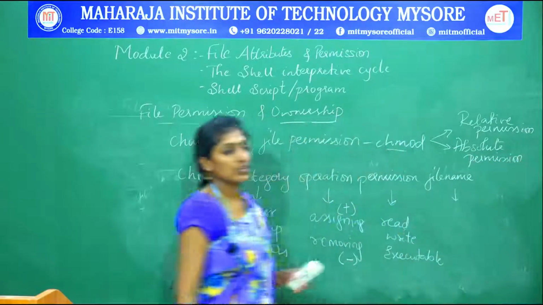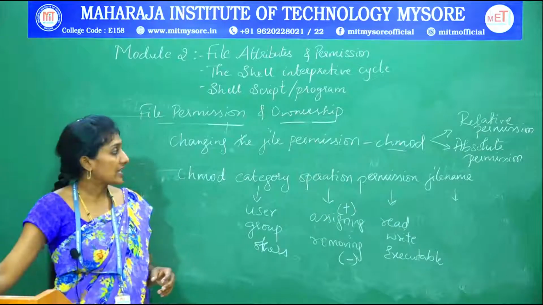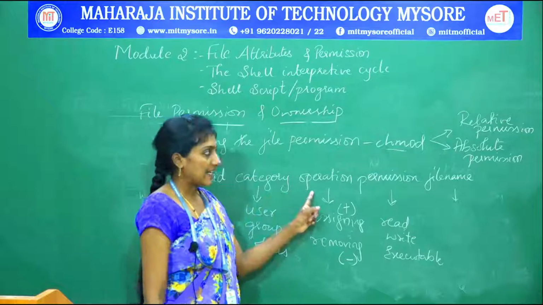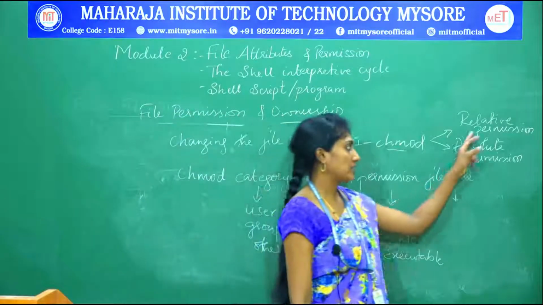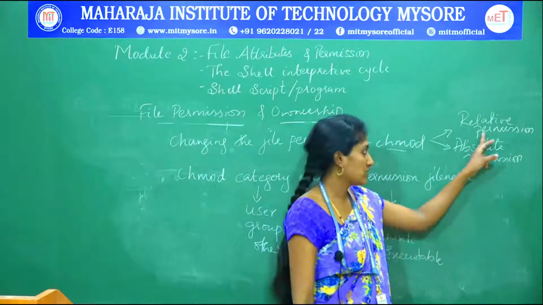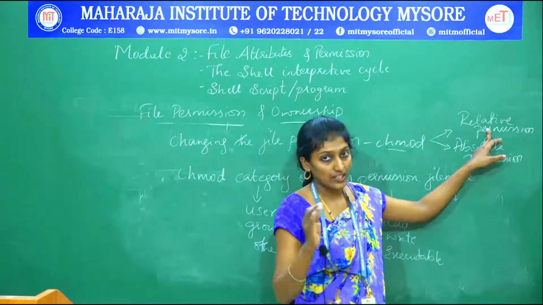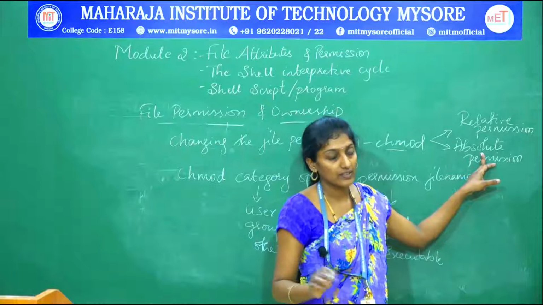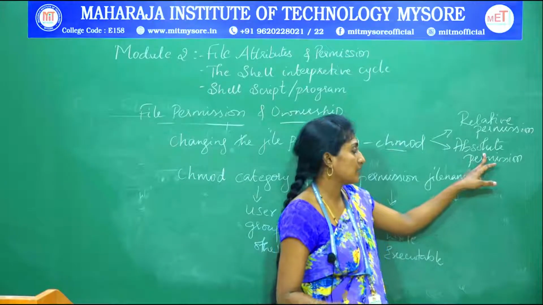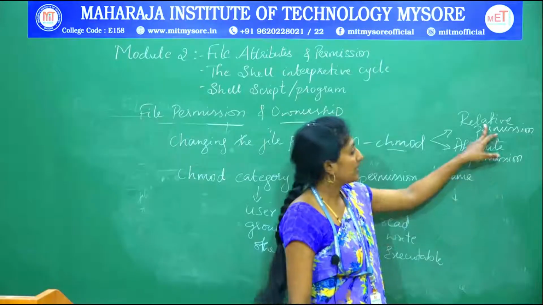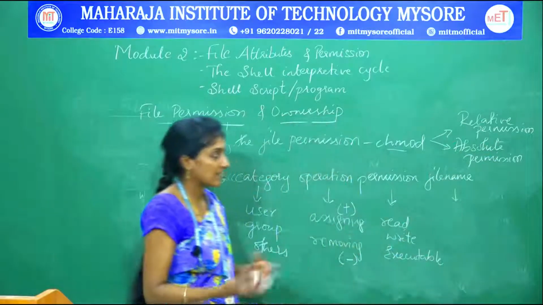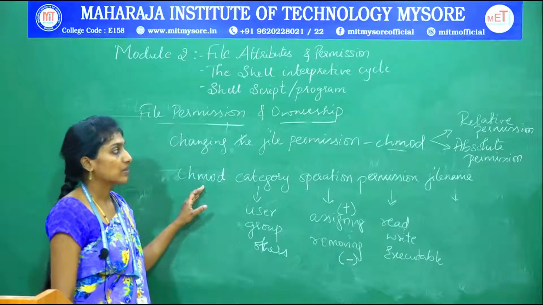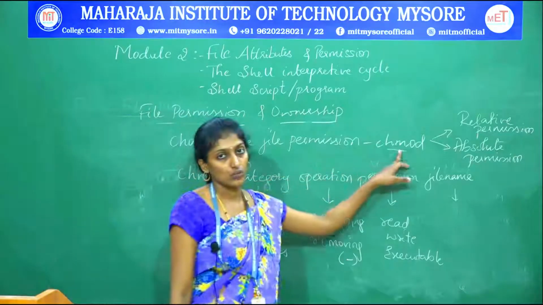So this is how you are going to understand changing the file permission in the Unix system. This is the syntax, and in 2 ways we are going to understand assigning the permission. This will assign only for the current directory, whereas the complete final permission will be assigned by using absolute. Relative means you can change as and when you want. So that is about changing the file permission using the command chmod.